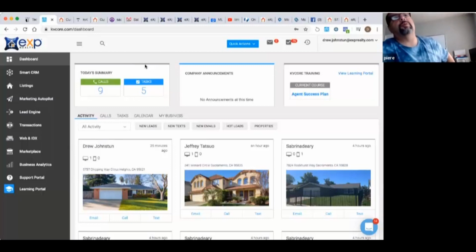Yeah, just one more question. When you're mass texting and it's coming in through that smart number, the reason I had asked about the smart number is I had put that on a door hanger, and I guess somebody else had it on their sign as well, and the calls were coming from all over the place. If you use the number that EXP gives you or KVcore gives you, and you do a mass text, and somebody else is also using that same number, is it possible that things get jumbled?